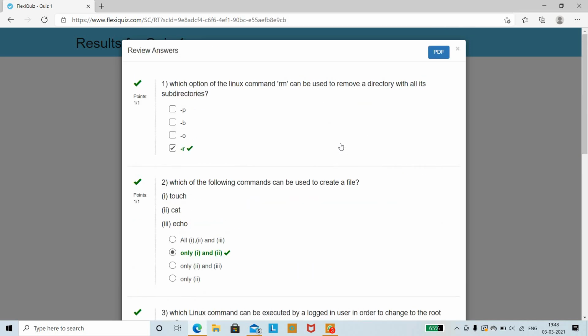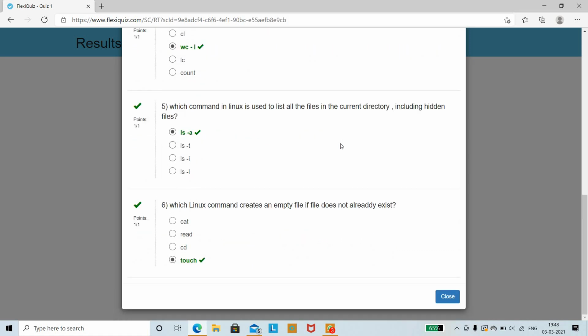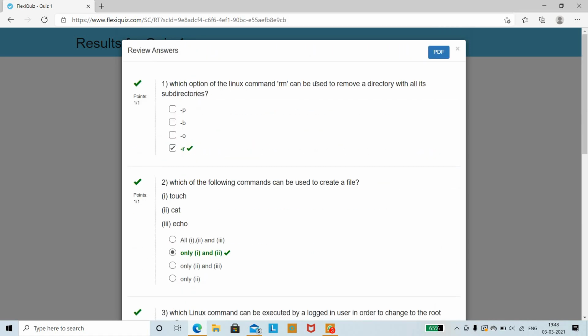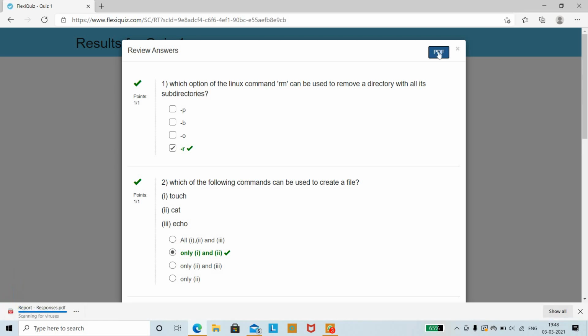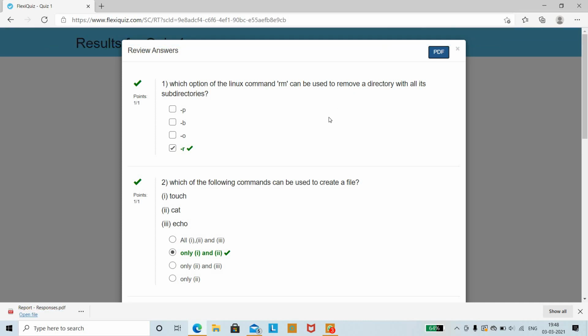So these are the questions which were asked based on the Linux commands. For more Linux commands, do watch my videos on Git for Beginners, so that if they ask different questions, you can easily answer them. Once you are done, you can also download the PDF of this and keep it for your reference. So that's all about the technical part which was asked on the Linux commands.